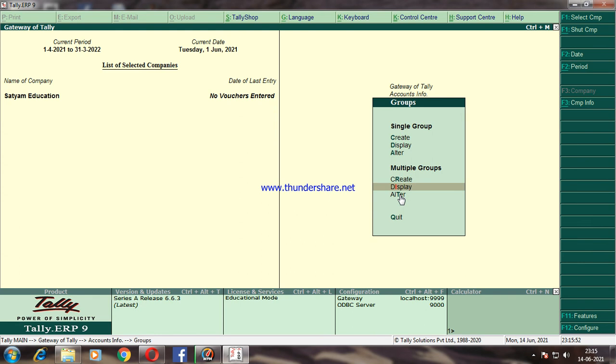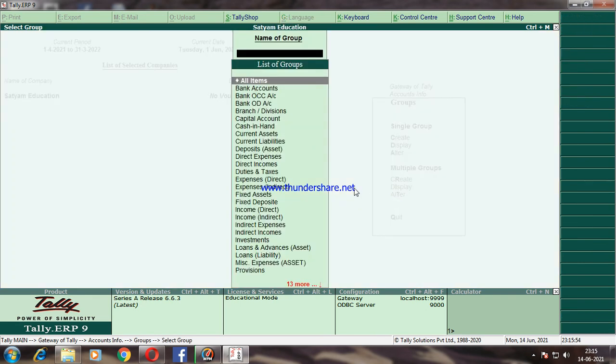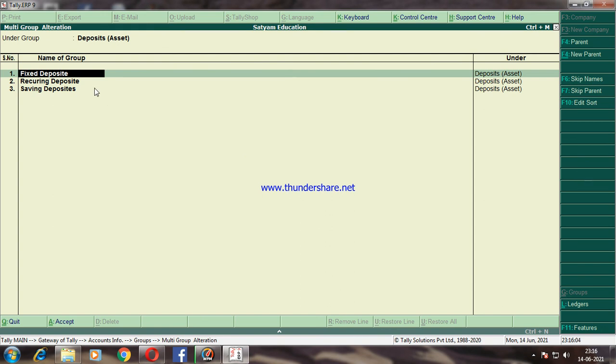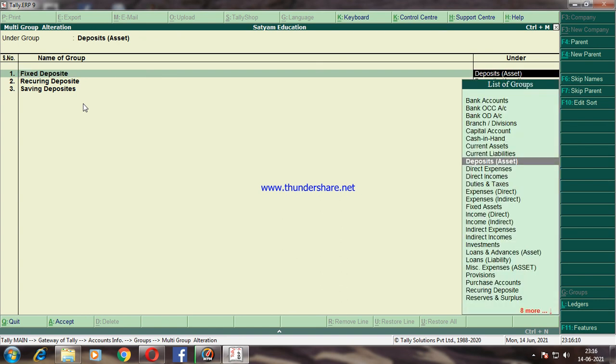Likewise the alter option is also available. If you want to alter more than one group, click on alter, that displays the list of groups. Click on deposit, press the enter key. Here in this I would like to alter, that is, fixed deposit as it is, recurring as it is.